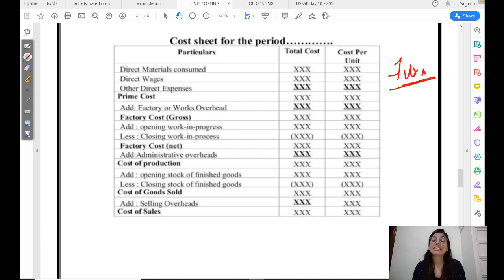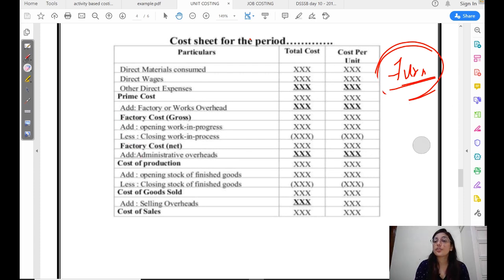And this scrap has some realizable value. So you can go to the market and sell these trimmings and you will get some value for it. So if you are getting some value, is it not important that that value should be reduced from your total cost, right? Because otherwise you will not be showing the correct figures of the cost. Therefore, since they arise in the manufacturing process, we will reduce them from the factory cost, right? So we will reduce the net realizable value of the scrap from the factory cost. So I hope this is clear.